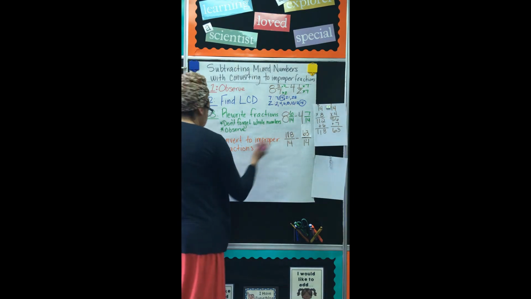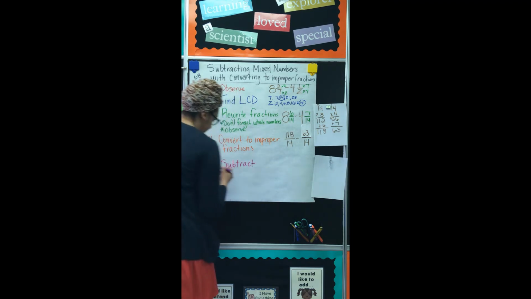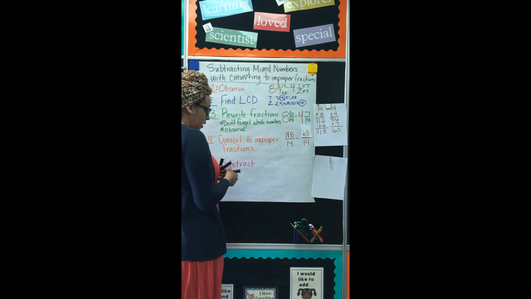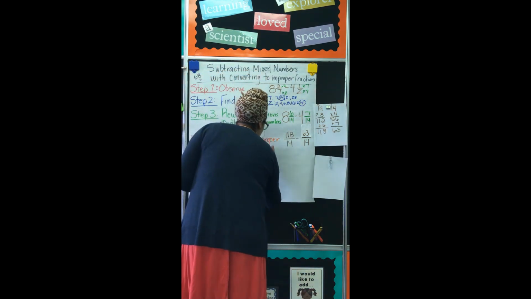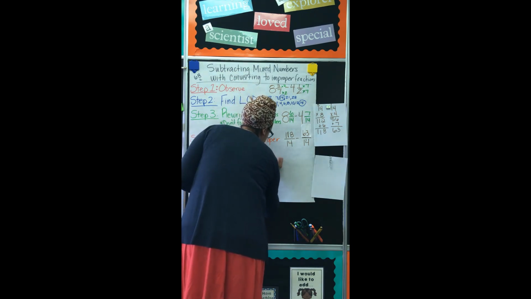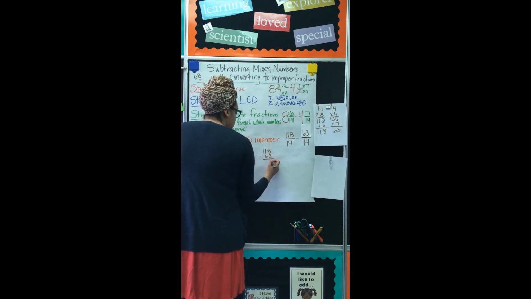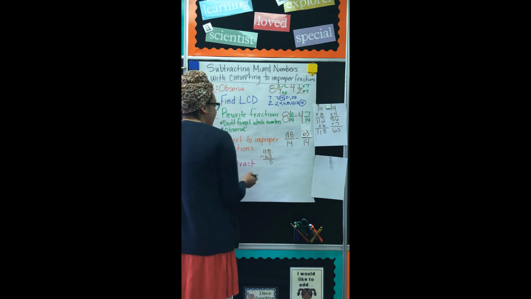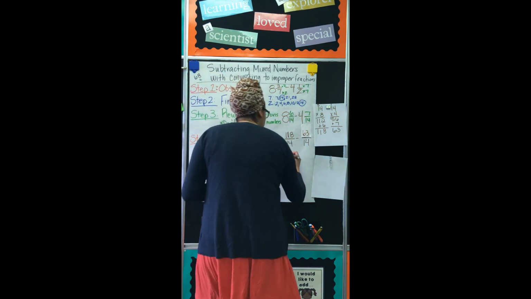Now our step 5 is going to be for us to subtract. So we are going to take 118 minus 63, because those are our numerators. 8 minus 3 is 5. 1 minus 6 we can't do, so we have to regroup and borrow. 1 plus 10 is 11. 11 minus 6 is 5. So our answer here is